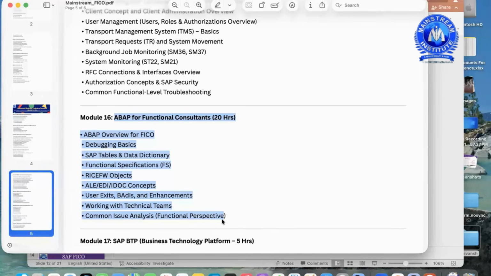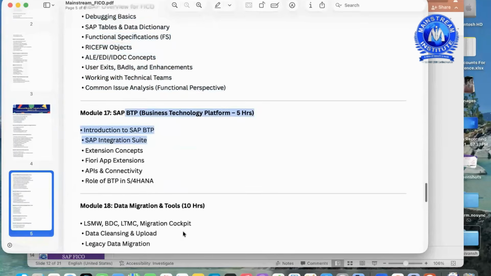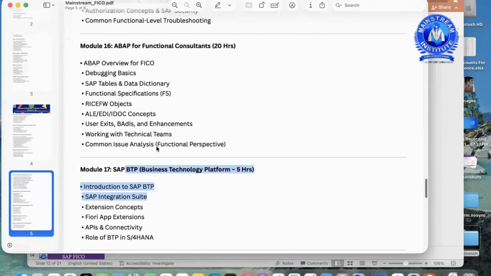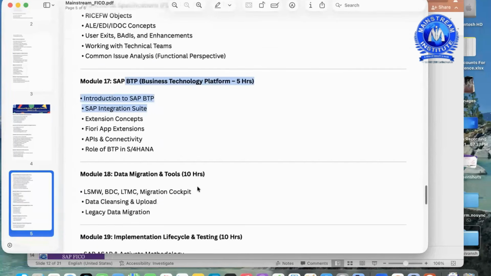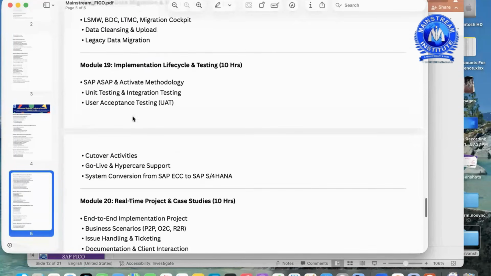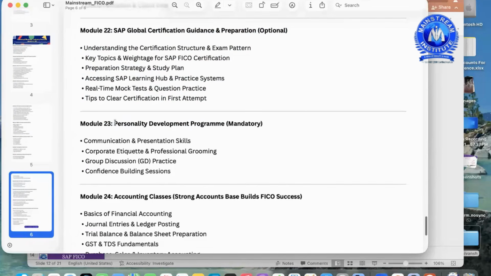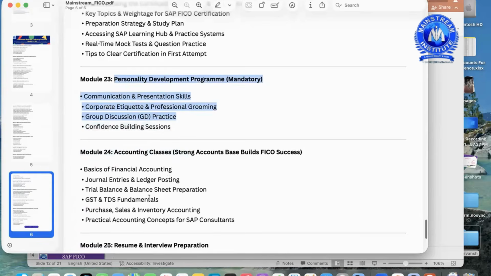तब ये आप सोचो क्यों ये टेक्निकल कवर हो रहा था। ओके, BTP लेटेस्ट वन 5 आवर्स विल बी देयर, बिजनेस टेक्नोलॉजी प्लेटफॉर्म। ओके, जो अब आप पर अभी कंपलसरी दे हैव टू लर्न दिस, और एल्स दे विल बी आउटडेटेड फ्रॉम द मार्केट। सो डेटा माइग्रेशन 10 आवर्स। ओके, कंप्लीट इम्प्लीमेंटेशन प्रोजेक्ट वगैरह, रियल टाइम प्रोजेक्ट, सर्टिफिकेशन, SAP सर्टिफिकेट कैसे प्रिपेयर करते हैं। ओके, एंड दिस इज कम्युनिकेशन क्लास इज मैंडेटरी फॉर एवरीवन।